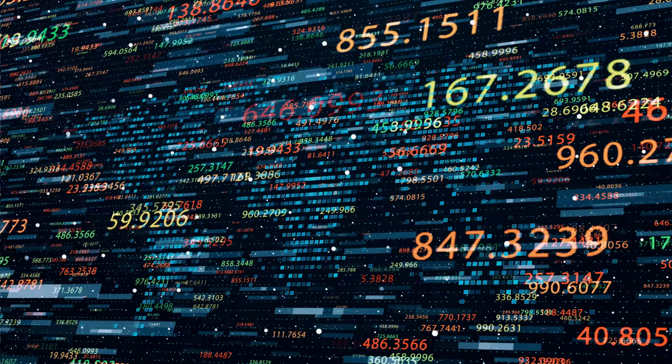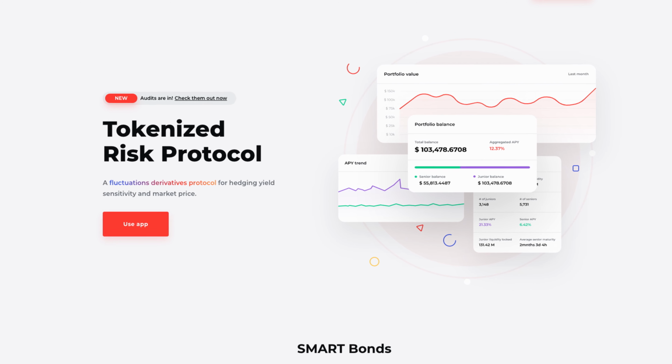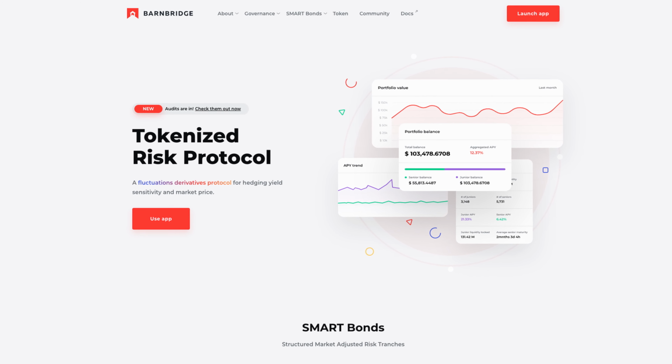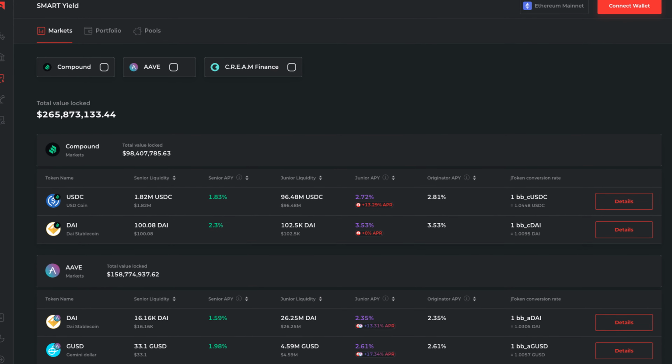The crypto markets are by far the riskiest form of investment if we're mainly touching on the volatility. At least that was until today. Today we're going to be talking about what BarnBridge is, how you can make money on BarnBridge by cashing in on some of that risk, as well as just to see kind of what they're building over there. So without further ado, let's get into it.